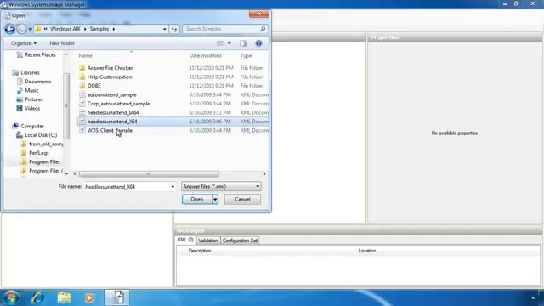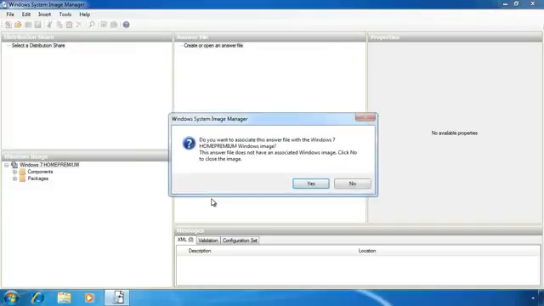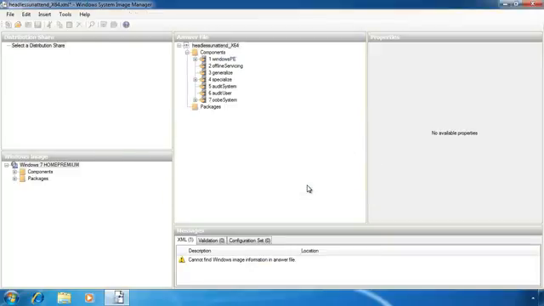Once I select one of these, I will get a message asking if I want this answer file to be associated with the Home Premium image. The Home Premium image is the image that I opened earlier. I will use this answer file with that image, so I will select Yes. You will notice that I have a number of different sections. These are called